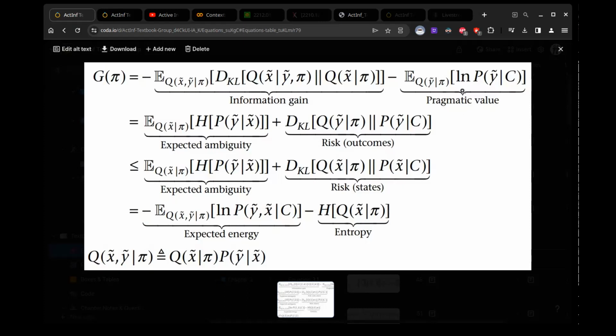In the top decomposition, we see one way of thinking about what contributes to the expected free energy for a given policy or option. And that's thinking about it in terms of the information gain and the pragmatic value. So first, the information gain. Here, we see that there's a KL divergence between hidden states through time, x tilde, pi is on both sides, and here there's a y.